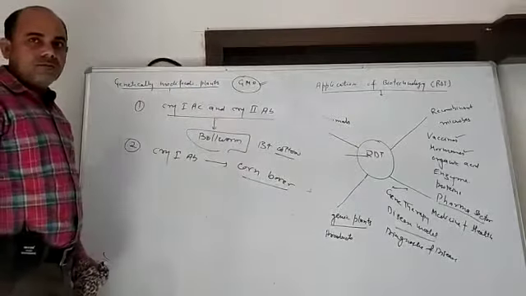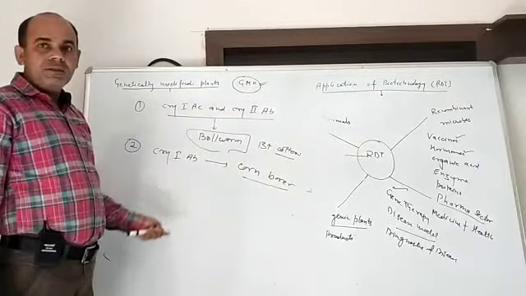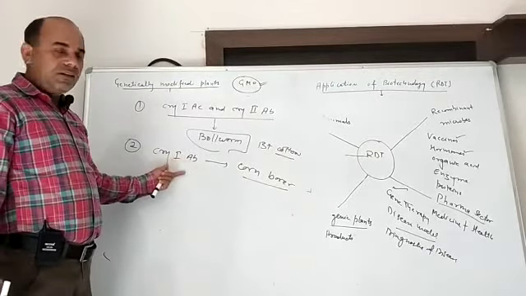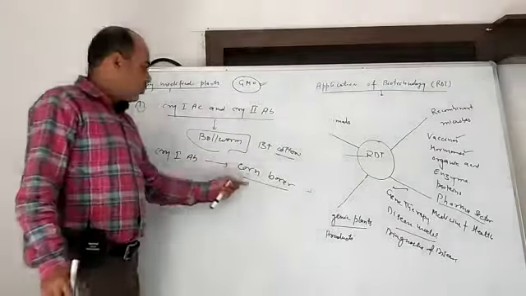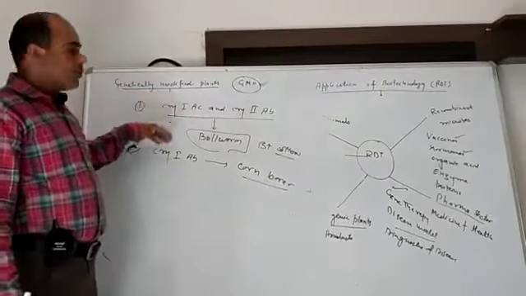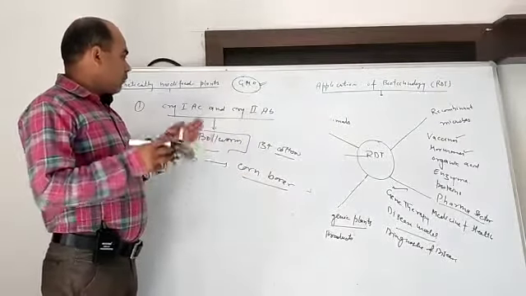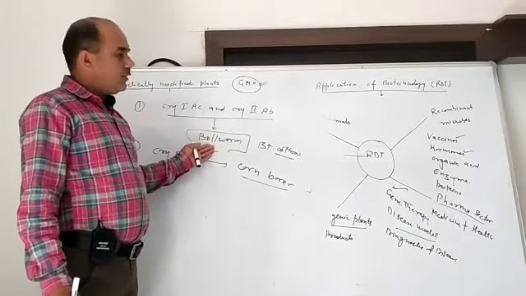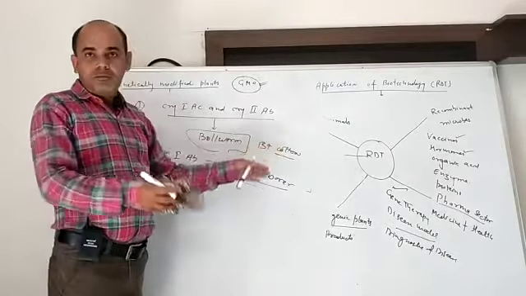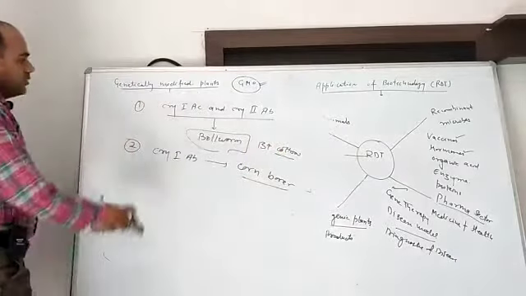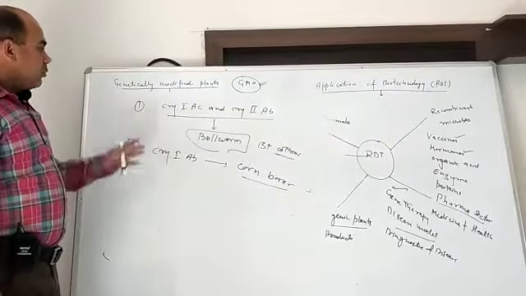Very important question. This second type of cry gene, labeled here as Cry1AB, controls which one? Corn borer. Earlier, Cry1AC and Cry2AB control the bollworm, and this bollworm shows infection in BT cotton, called cotton bollworm. So these are some case studies related to BT cotton. These things should be remembered, so go through them.